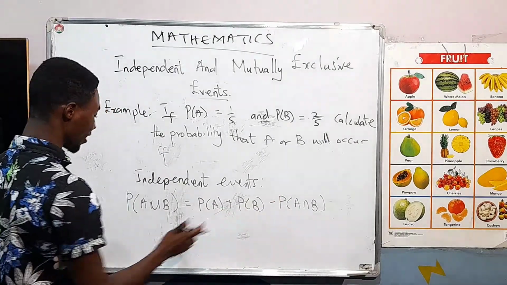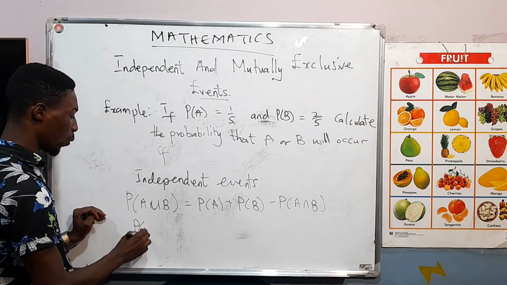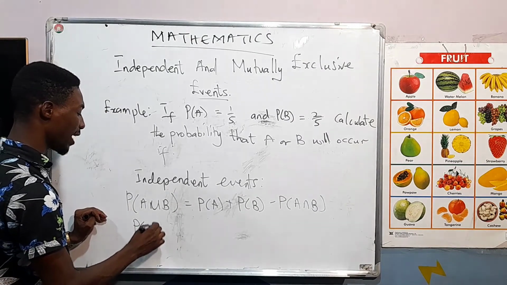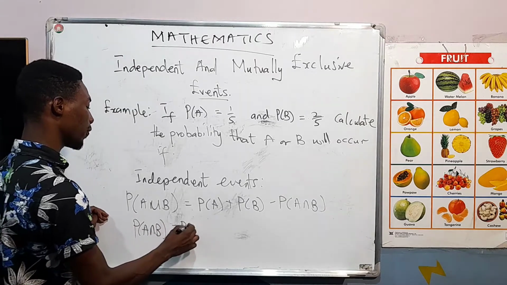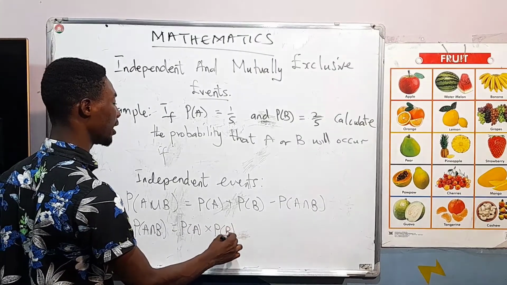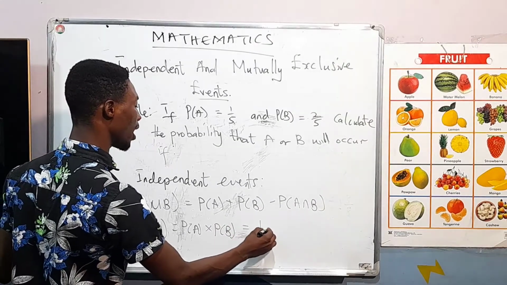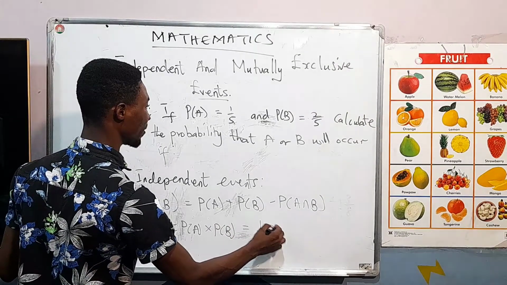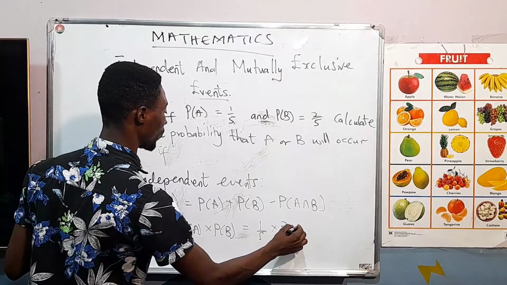So we need to find this one, and we know that the probability of A and B is equal to the probability of A multiplied by the probability of B, and that is going to be 1/5 multiplied by 2/5, giving us